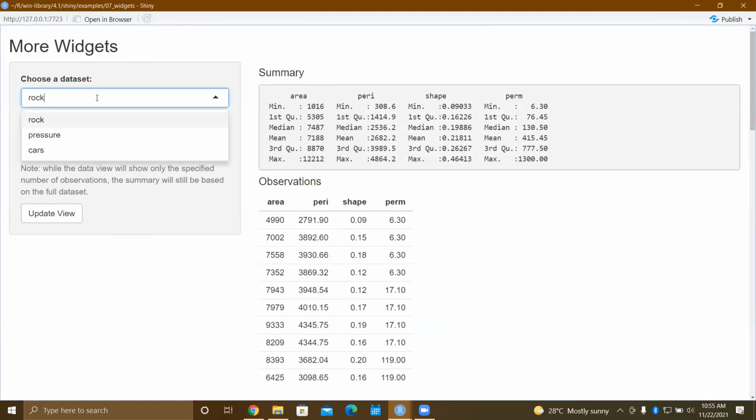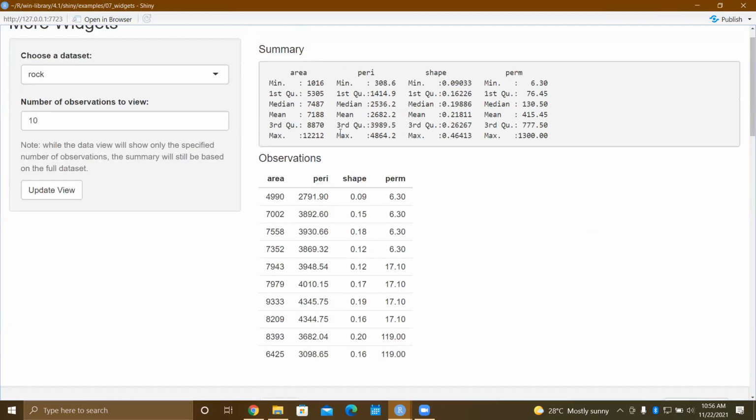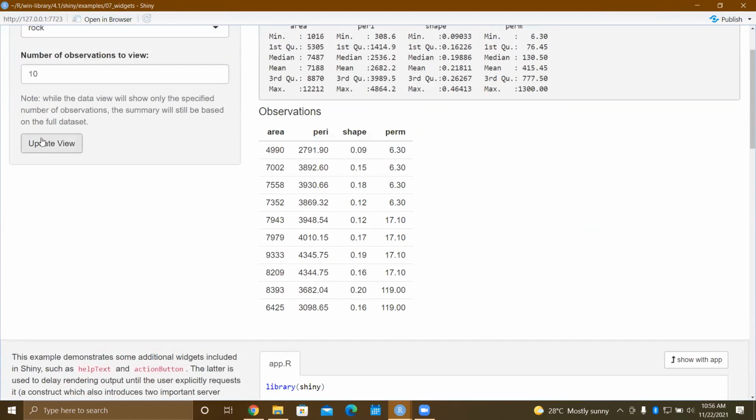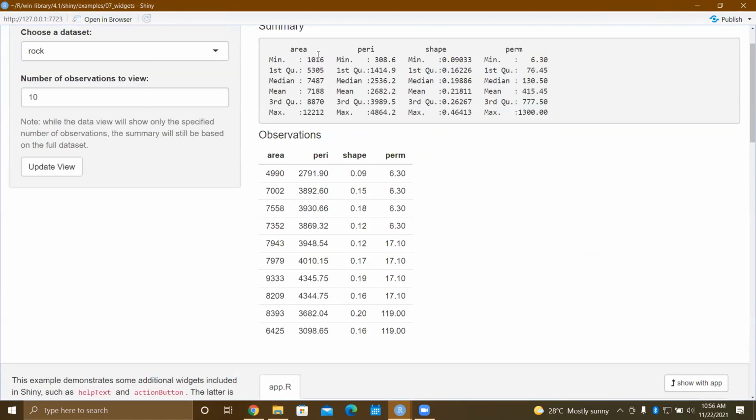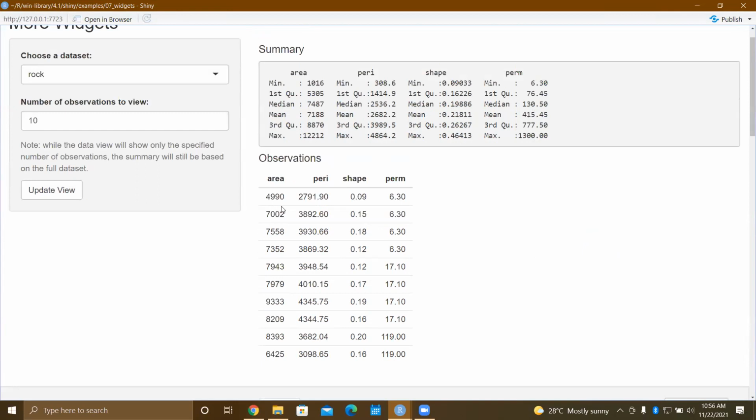There are basically 3 data sets: rock, pressure, and cars. It shows the number of observations you need to show here, and it gives the summary of all the columns it has. There is an action button that says update view. The default view is the summary of the rocks data set, and there are 10 observations by default. Let's change to cars and give 5 observations to view.